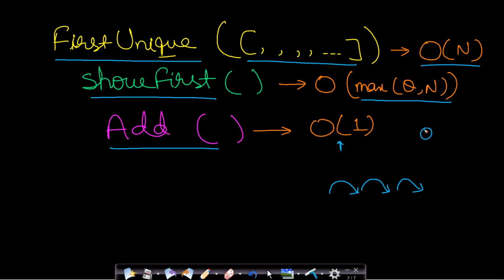But actually this will take order of log n, since in a map you need to increase the frequency of the element which is getting added, and in order to search in a map it will take log n, but assuming it is taking O(1) to find in map, your total time complexity will be O(1) for add. So I hope you understood this time complexity explanation. Let us now look at the code.